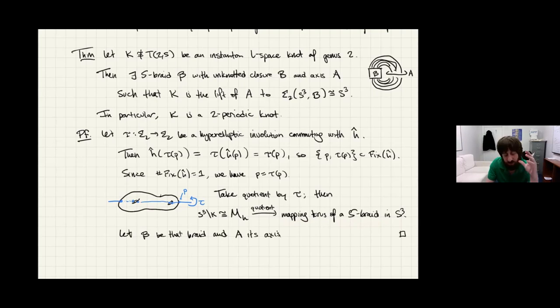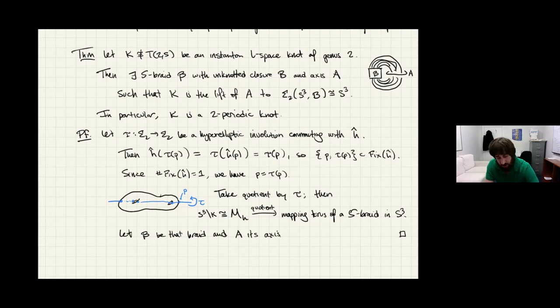So to recap, where are we? We wanted to characterize genus 2 instanton L space knots. So we said, we know that they're fibered, just as a general fact. What can we say about the monodromy? Well, the Floer homology of the zero surgery is related to the symplectic Floer homology of the monodromy. And so we're able to use that to say that when you cap it off, there's one fixed point. And when you cap it off, you're looking at a genus 2 surface, so it's hyperelliptic. And so you can then take quotients by that action. And that's where this branched covering comes from.